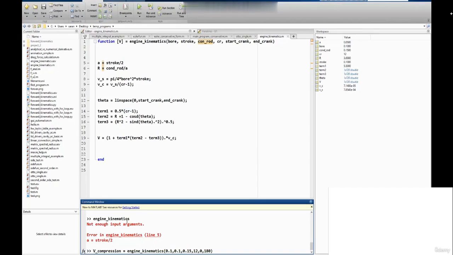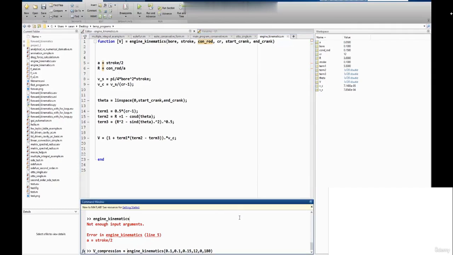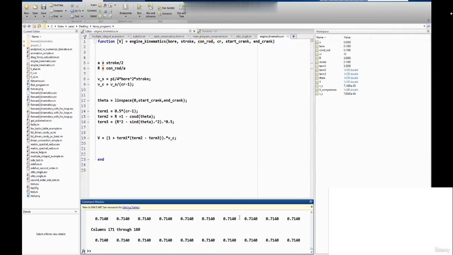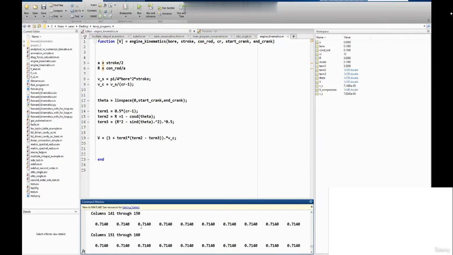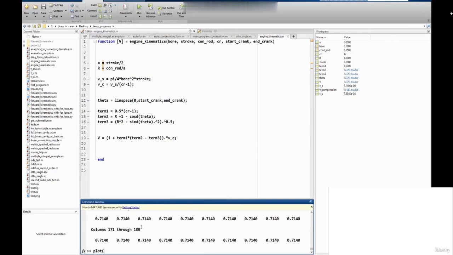All right. So if I execute this code, before I execute, I think there's a small typo here. So this is con rod, whereas this is con rod. So I need to delete this guy. And if I execute this, you can see that my volume trace is printed out. That's it. Now what I can also do is I can plot V compression,